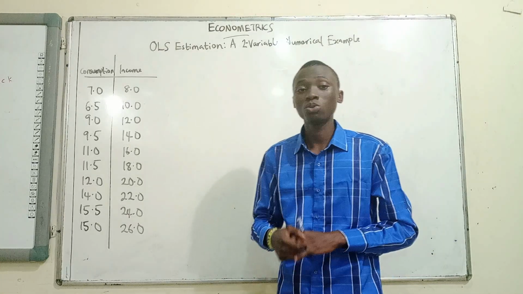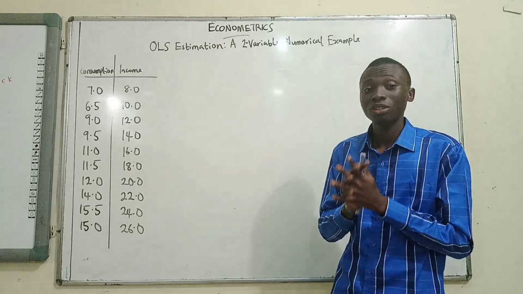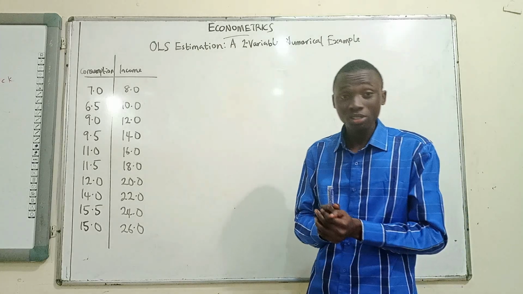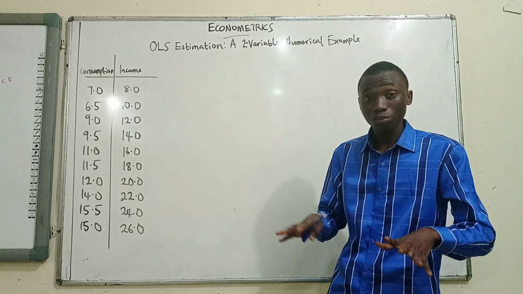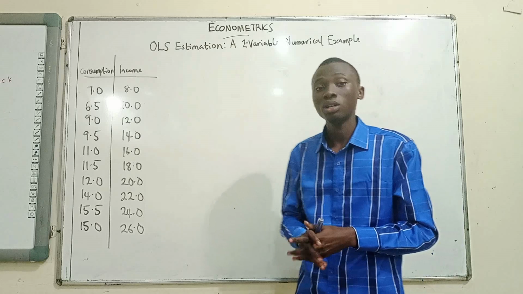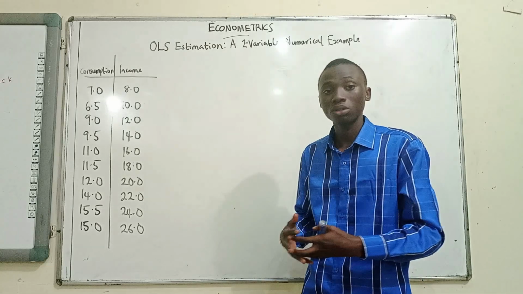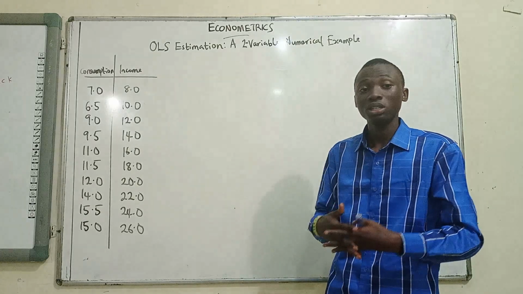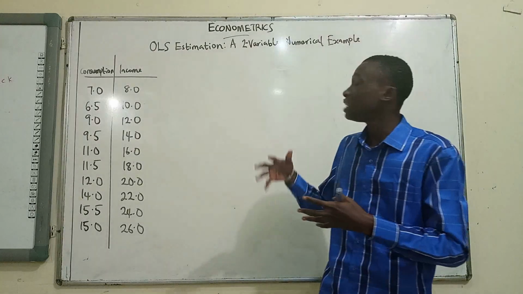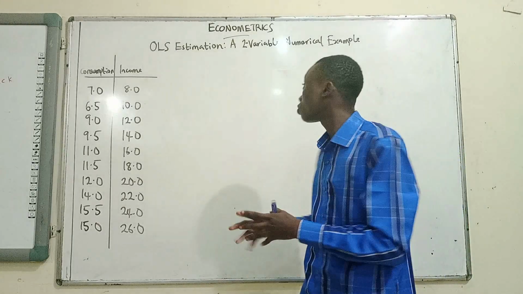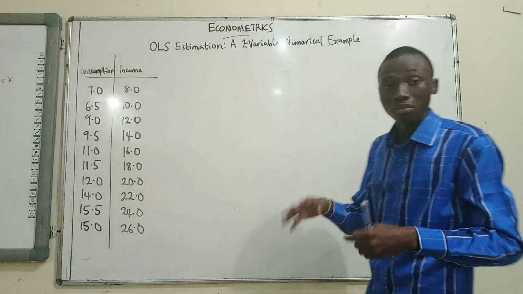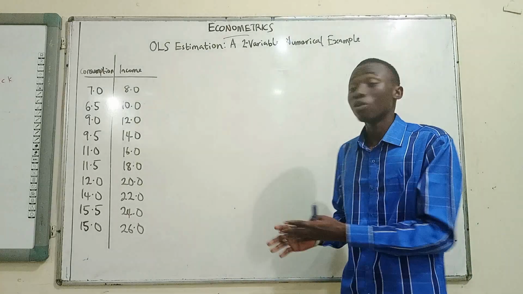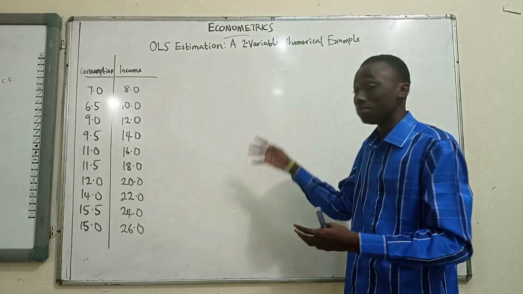From previous videos, we've been looking at regression analysis. We've tried to lay the building blocks and we've considered assumptions, even in the simple one, the classical linear regression model. We also derived OLS estimators and looked at the properties behind the OLS method. So now we'll be considering a practical, hypothetical example, and we'll be trying to estimate the regression function. That's the goal of what we'll be doing up to this point, to try to estimate the